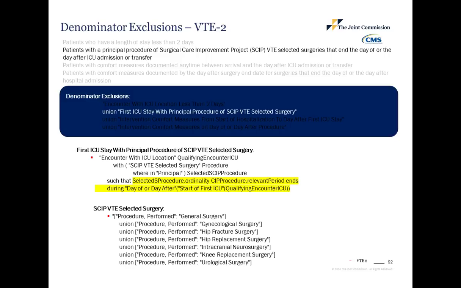We use the same ordinality principle for the skip VTE selected surgery used in VTE-1, which defines the 7 eligible surgeries. The difference here is in the timing, where we use a function of day after, which means any one of the procedures